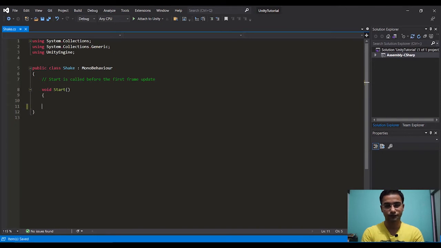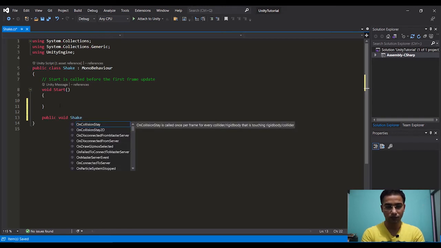Now I'll just write this code, and now I'm going to create a function called ShakeEffect.